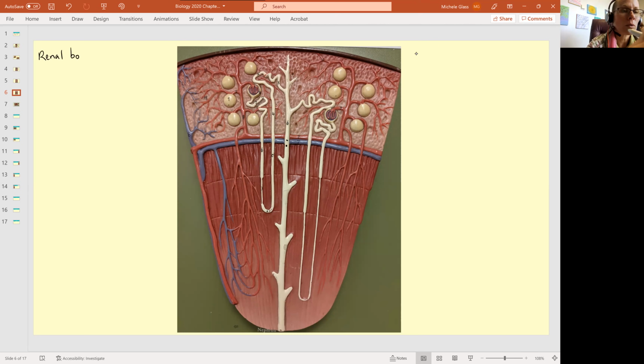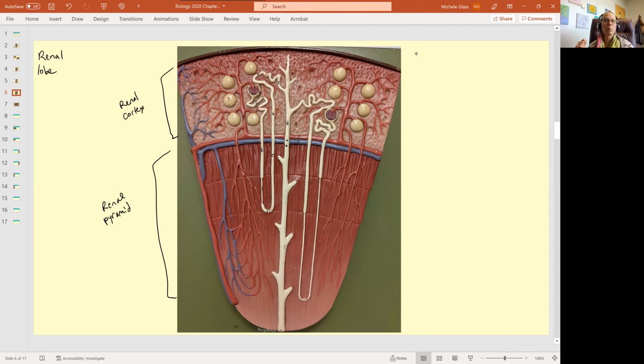And the renal lobe includes part of the renal cortex, and it's including one renal pyramid, which is, remember, several of these are making up that renal medulla. Now here again, we're seeing extensive vascularization, and you'll be labeling all of these as part of your lab work, and I'm not going to take time to do that with y'all in lecture, except I do want to name